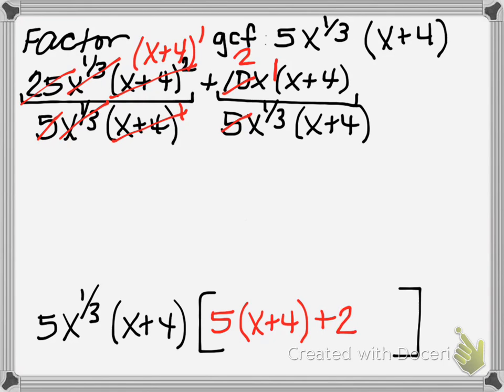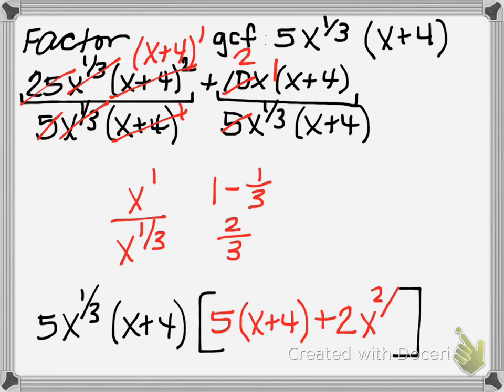Then here we have x to the first over x to the 1/3. Let me write that mini problem down below so you can see this piece. So we have to subtract our exponents. 1 minus 1/3 leaves us with an exponent of 2/3. So that's x to the 2/3 power. And then x plus 4 divides into the x plus 4 one time. That divides out. So we're left with a final answer here